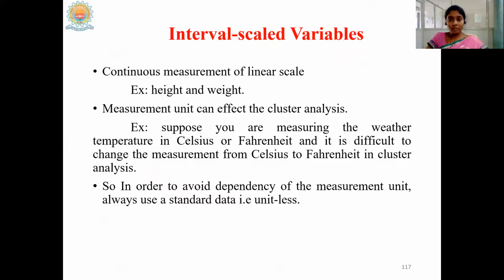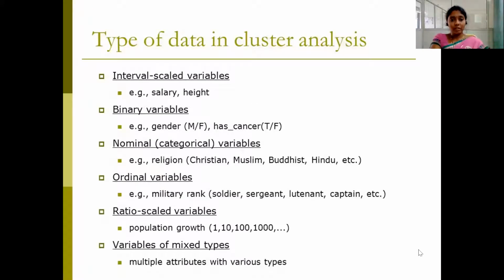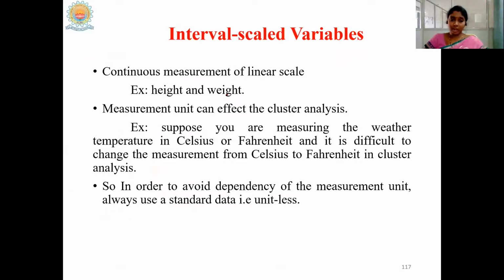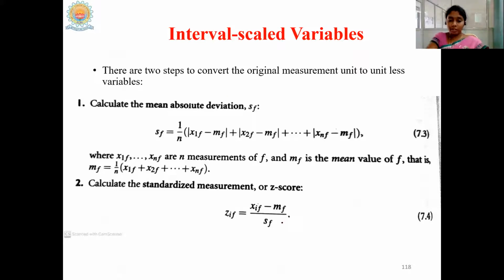For dealing with interval scale variables, since they are of different ranges, first we need to normalize them. For standardizing this particular type of variable, we have selected the Z-score normalization. Here, instead of the standard deviation, we have used the mean absolute deviation for obtaining a better performance. After standardizing, that means after bringing all the different ranges of variables into the same range, what is the next step? We can directly go for the distance calculation.